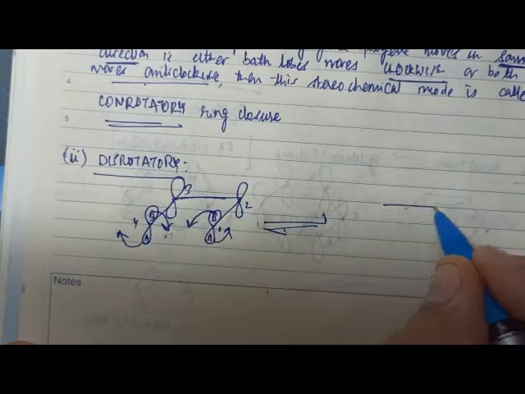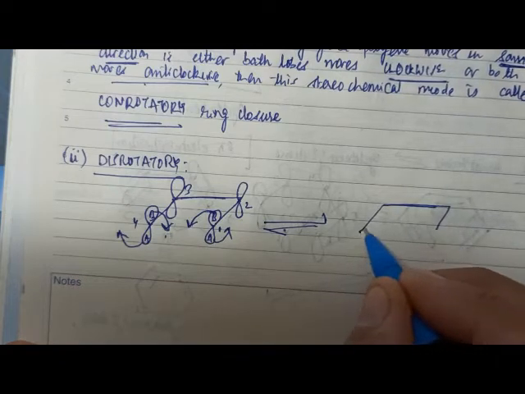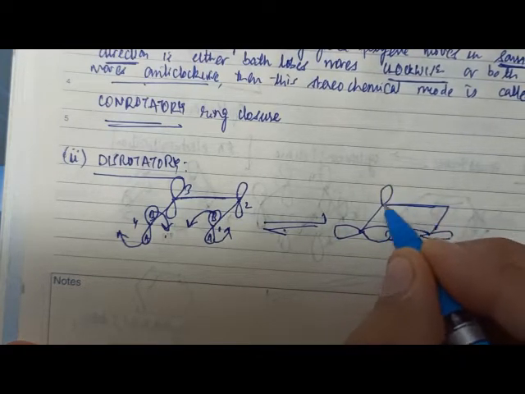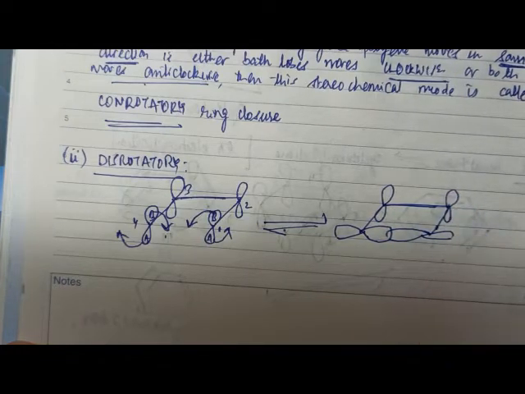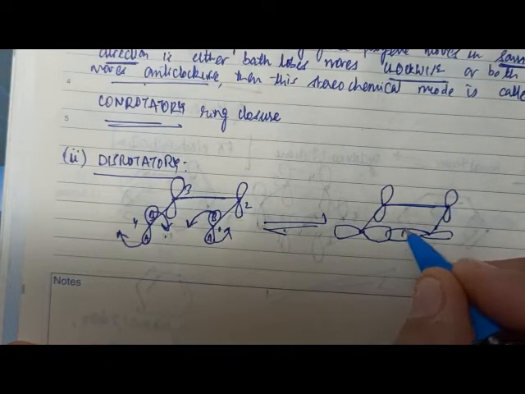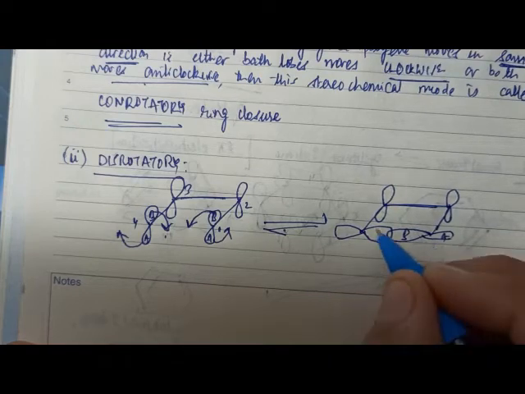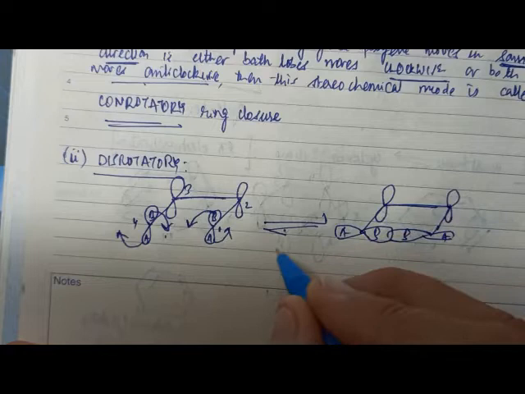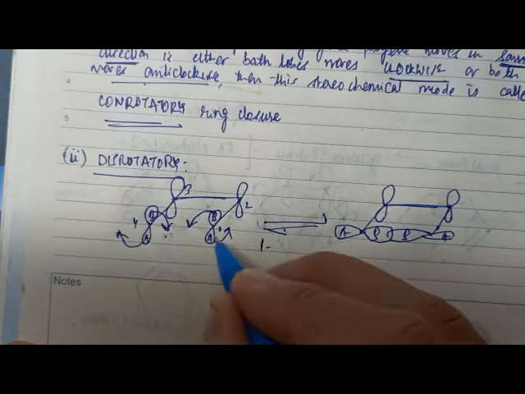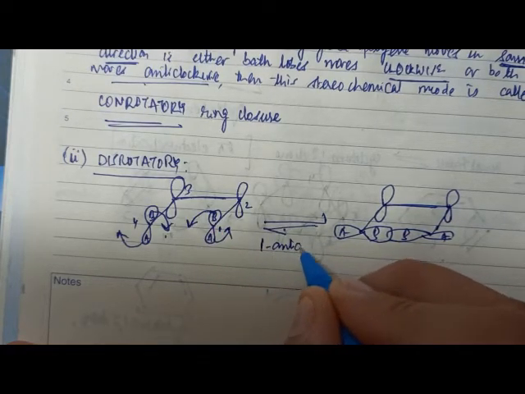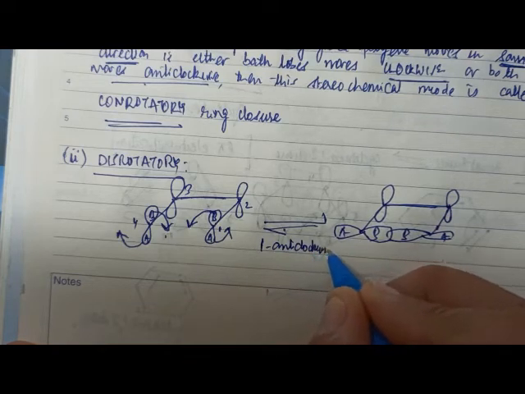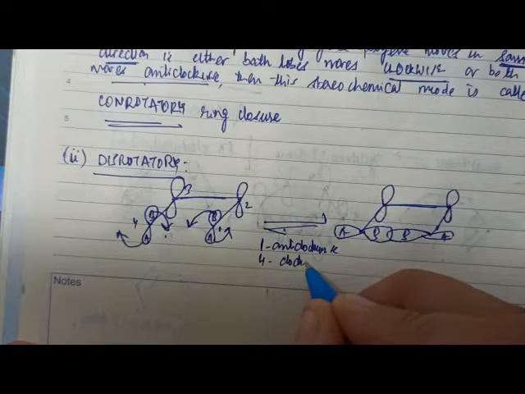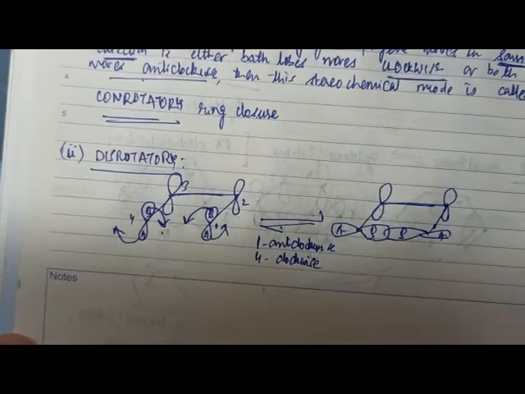So what will happen? See, a sigma bond formation will definitely occur between the first and fourth carbon atom, and a pi bond formation will occur between the second and third carbon atom. But here the B lobe will come here and B will come here to form a bond with one another. Here the first is moving in an anti-clockwise direction, as you can see, and the fourth lobe is moving in a clockwise direction. And conversely,